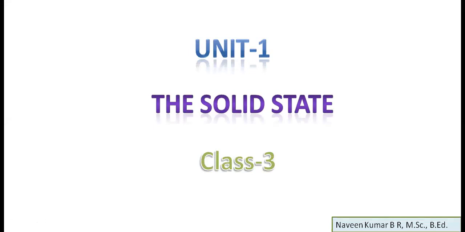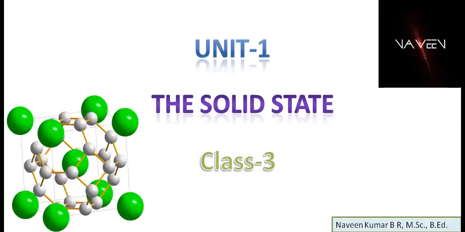In the previous classes, we have discussed the classification of solids, and we completed the main classification as crystalline and amorphous solids, and the types of crystalline solids as ionic, metallic, covalent, and molecular solids. Again, in the molecular, it is non-polar, polar, and hydrogen bonded molecular solids. Along with that, we discussed a few important crystal definition terms: what is a crystal lattice or space lattice, and what is a unit cell. What are the characteristics of the unit cell? We discussed that in the previous class.